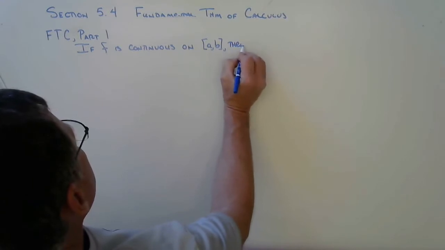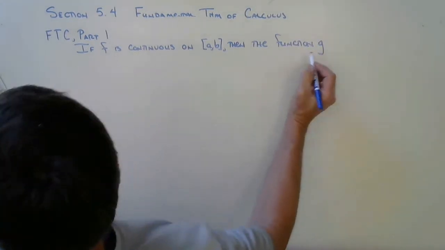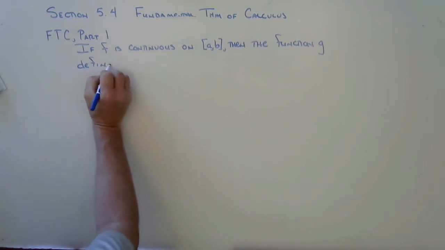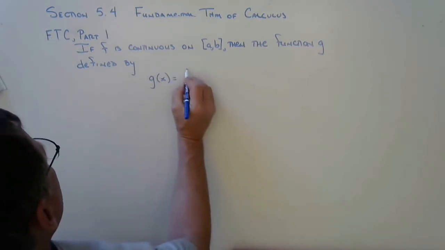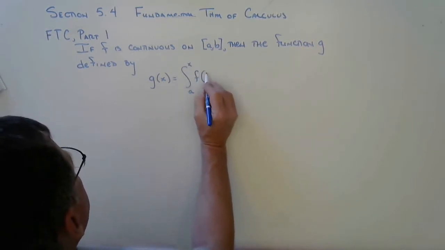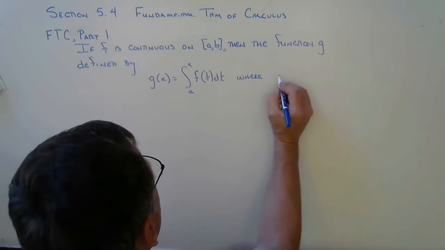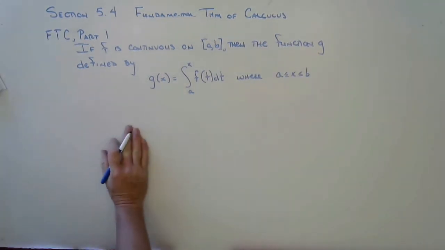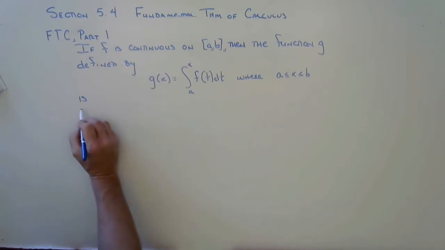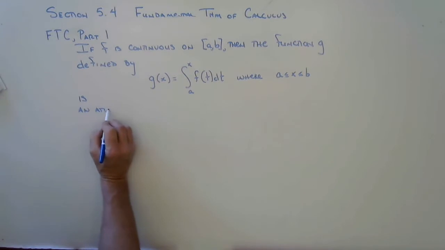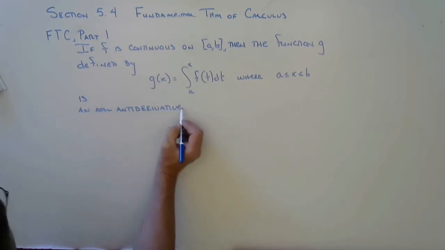then the function g, that's the same function we just met, defined by g of x equals the integral from a to x of f of t dt, where x is between a and b, is, now here's the important part, an antiderivative of f,